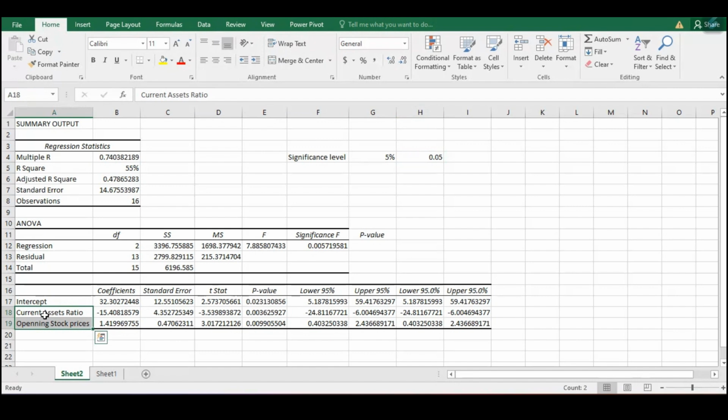So if we go to our predictor variables, the first predictor variable here is current asset ratio. It is negative 15.408. What does that tell us? It shows that for every unit increase in the current asset ratio, it reduces the closing stock by 15.408. It reduces because it is negative. If it were positive, you could have said it increases, but in this case it is negative, so it is minus 15.408. So if our